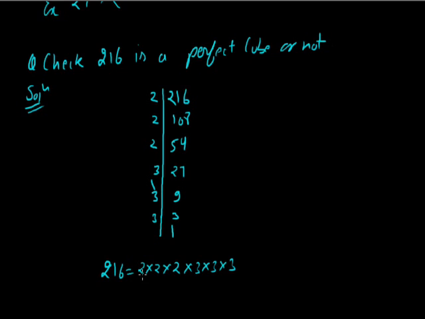Now in order to check whether it is a perfect cube or not, we have to make the triplets of 3. There is a triplet of 2 and there is also a triplet of 3. So as we are making the triplets, we can say that the given number is a perfect cube. Nothing is left, all are in triplets, so that's why it is a perfect cube. And it is a cube of, we take one number from each triplet, that is 2 from this and 3 from this. So we can write it this way, 2 into 3 the whole cube.